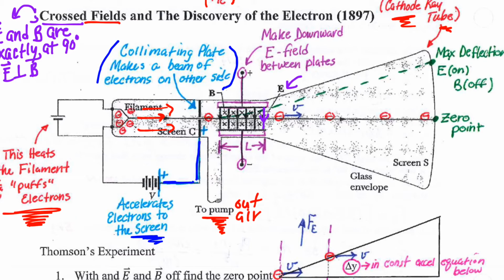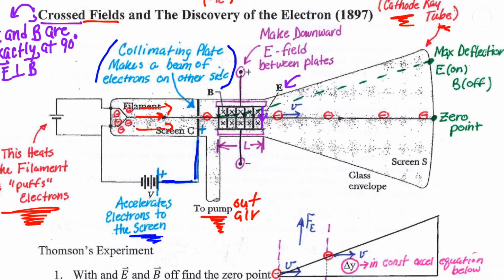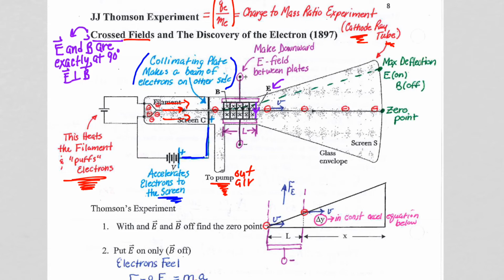Well, we can vary the voltage to vary the strength of the electric field, and we can take those electrons and pull them up and let them hit a spot above. And that's what Thomson did. So he had his max voltage that he used, gave a max deflection point up here,